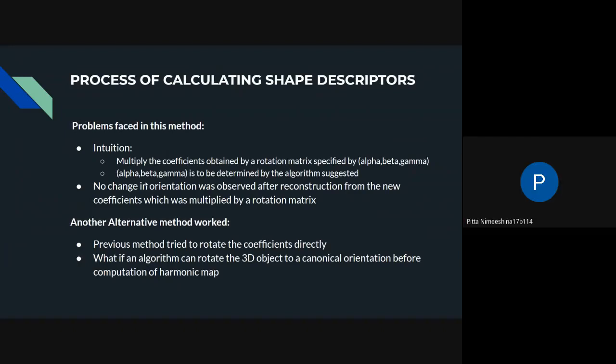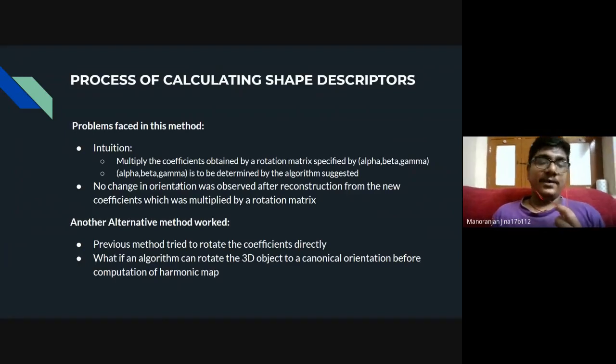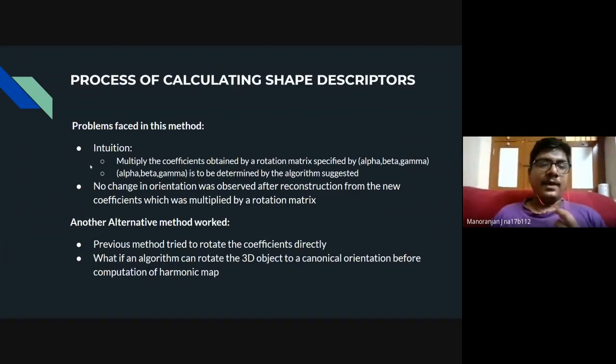Can you repeat? Yeah. Say we have 5 coefficients, 5 shape descriptors, the length of the shape descriptor. We get the alpha, beta, gamma that we want by trying to fix the first 3 coefficients, for example, and computing what alpha, beta, gamma should be, and then using that alpha, beta, gamma to rotate to the coefficient that we have fixed, for all the different objects, and different orientations of the same object. This part is particularly being explored.